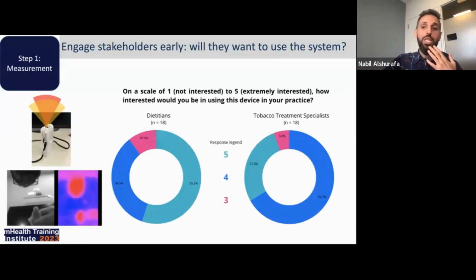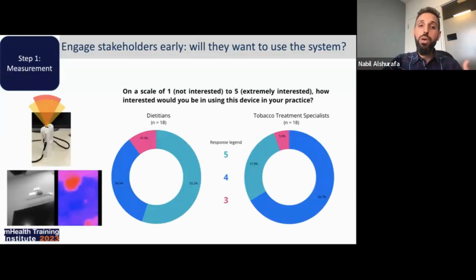We asked them specifically regarding their interest in using our wearable device in practice. We performed 3 iterations of focus groups to learn about their acceptability. There's a lot of qualitative data as well. However, here we show a lot of them were extremely interested or very interested in using this device, both the clinical dietitians and the tobacco treatment specialists, to gain better understanding of eating and smoking behavior.